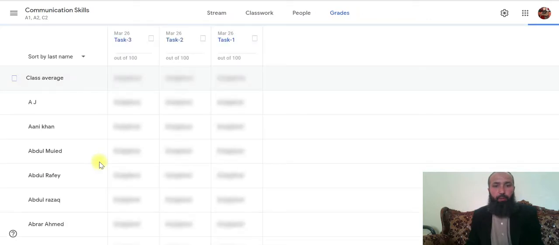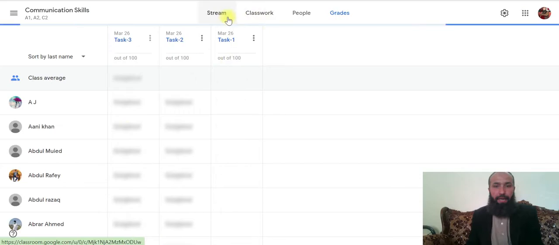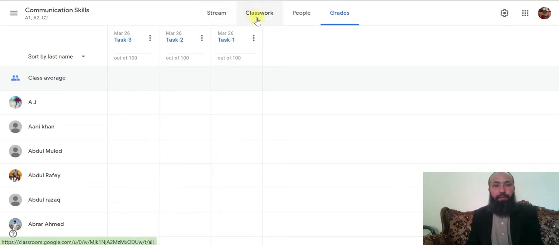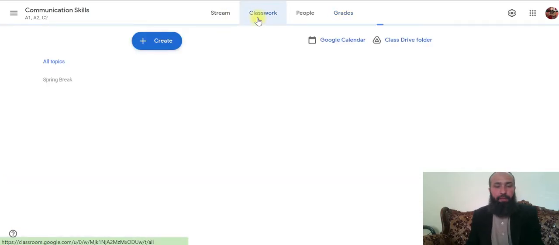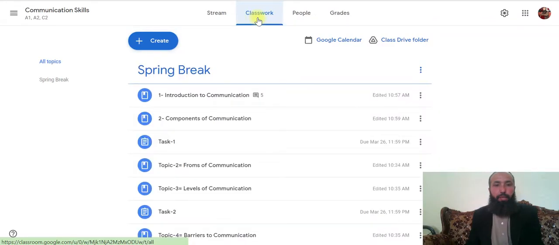Most of you are already part of it, and those who are not part of it are advised to be part of it as early as possible. There are different streams, different tabs over there, but when you will be using your cell phone, then you will be getting these tabs. So here we are in Google Classroom.